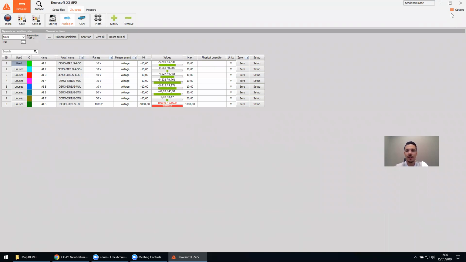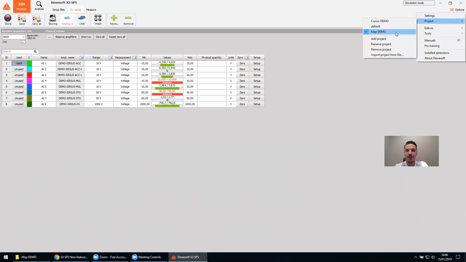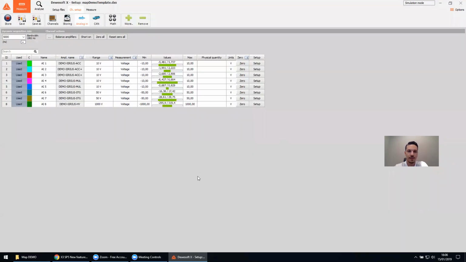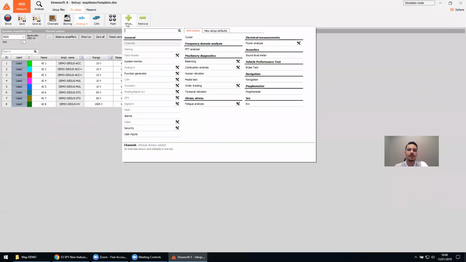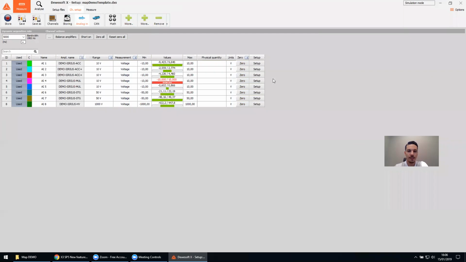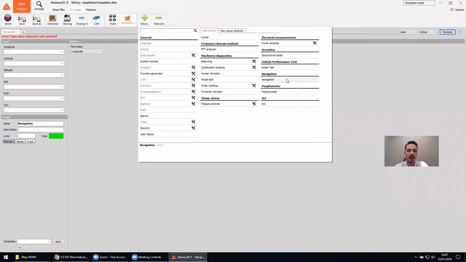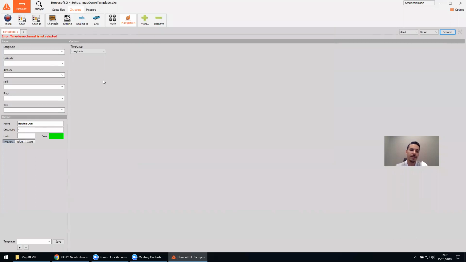So what I've prepared here is basically a project template and a setup template. This is just to speed things up so that I don't have to set up everything from scratch. But before I can show you the 2D map, I would first like to introduce you to the navigation module, which can be added via the main toolbar over here. And this is also a new module,